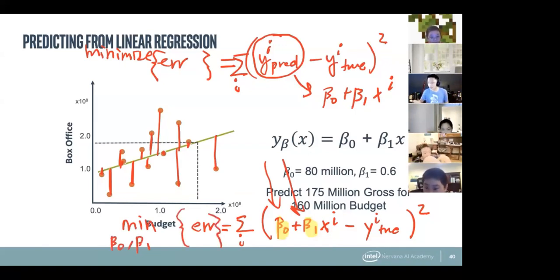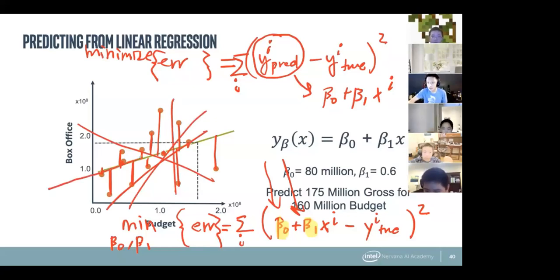Basically, if you wanted to brute force this, if you wanted to try all possibilities, you would search through all the possible values of beta 0 and beta 1, combine all of them, and figure out which one gives you the smallest error. Does that make sense? You're trying this line, that line, all these random lines until you settle on this very nice line, which gives you the minimization of this error. This is the optimal beta 0, beta 1. Let's call it beta 0 star, beta 1 star. This gives you the best possible betas, the optimal solution, and that's the model that you would want.